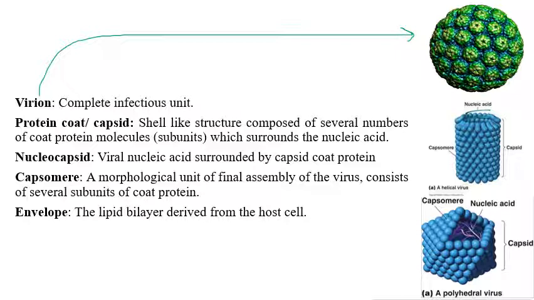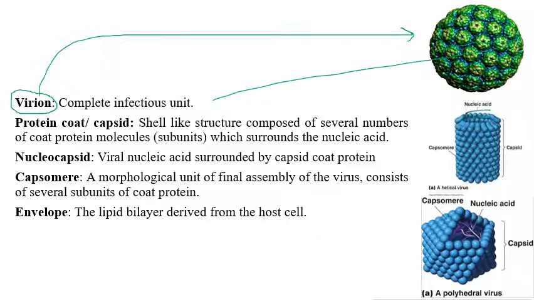It's a complete or matured virus particle because once the virus enters into the host cell or plant cells, uncoating and nucleic acid synthesis all happen in the cells. After that it reassembles, and then transportation of virus from one cell to another cell happens. So in this process, after nucleic acid synthesis and rearrangements, a completely developed matured virus particle is called virion. We can see here this is the diagrammatic representation of virion.